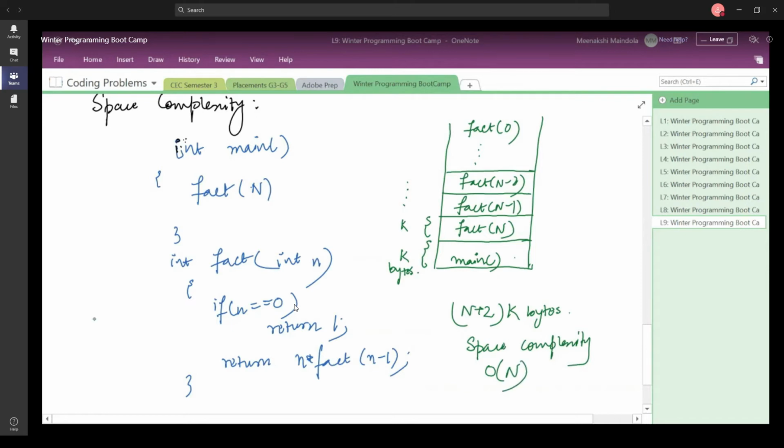Okay, is this clear to everyone? Is everyone able to understand how it is that we have the space complexity for this piece of code as order of n?